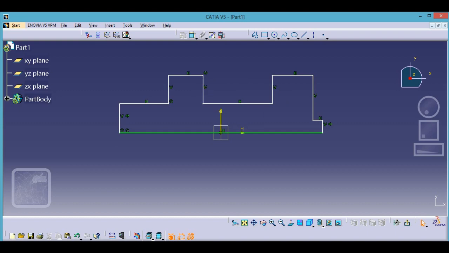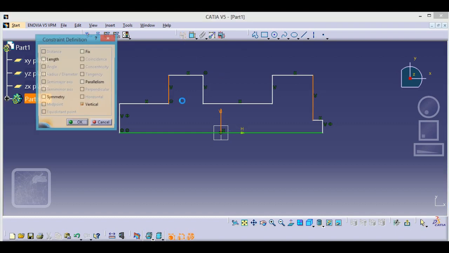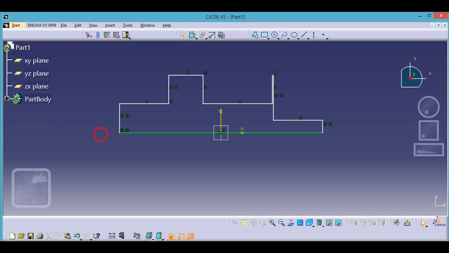Okay, next what I will do, symmetry with this to this. Okay, symmetry. Now what's remaining, this one with this one.